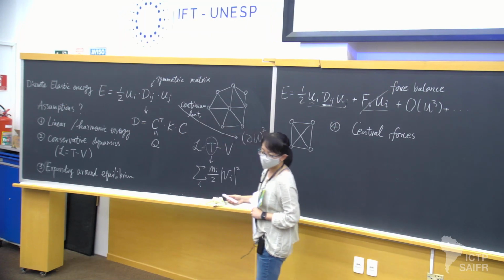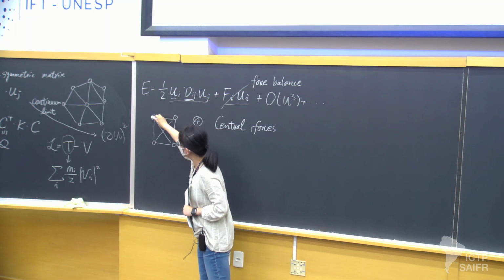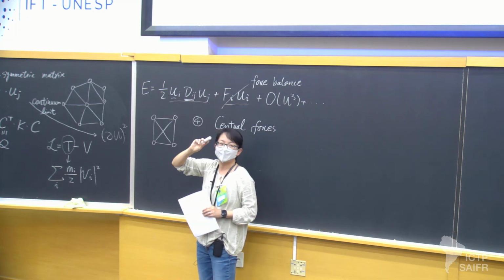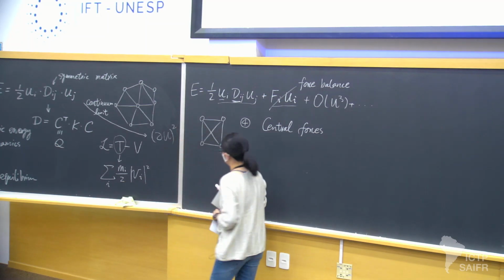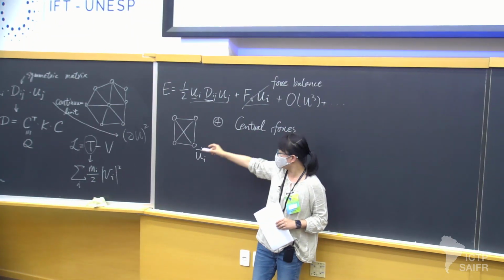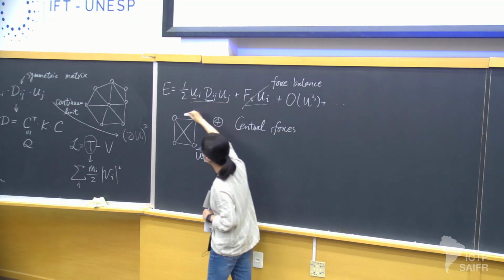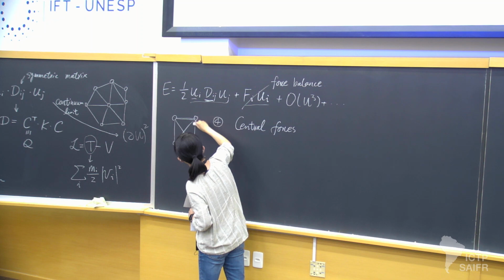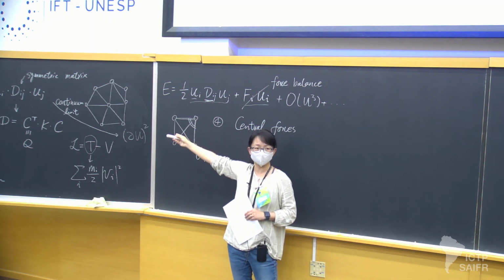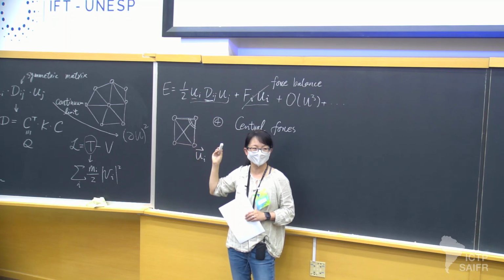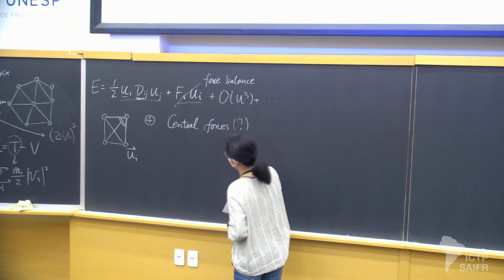But if you have interactions that only depend on the displacement vectors, it doesn't necessarily need to be a pairwise central force interaction. For example, if I introduce an interaction that depends on this angle, I can still make an expansion and write it into that form, right? And the real assumption here is that